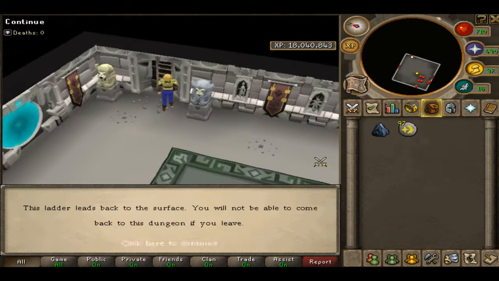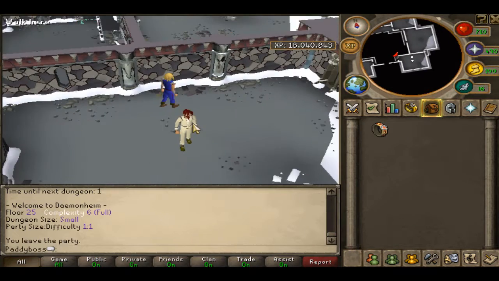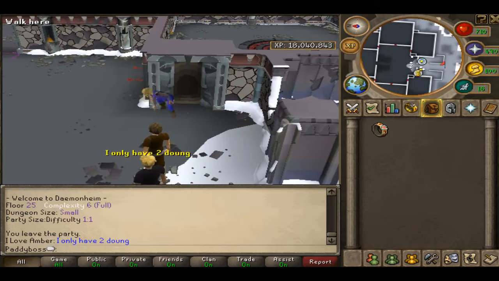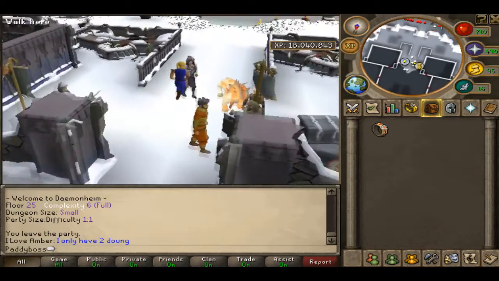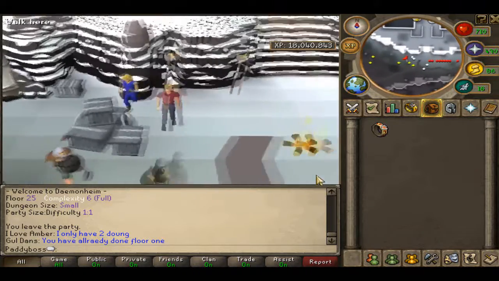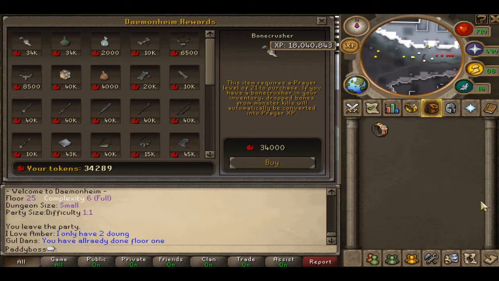See, I've got, I think it's 34,280 something, and so now I'm going to go back up to the surface and buy my Bonecrusher. I'd really like to get my dungeoneering up to a high level, like enough for a chaotic weapon, or maybe 99 or even 120, but I've been watching myself get all these 5k XP per dungeon floor, and then I saw a video of a person on floor 60, prestige 60, in a 5-man party,